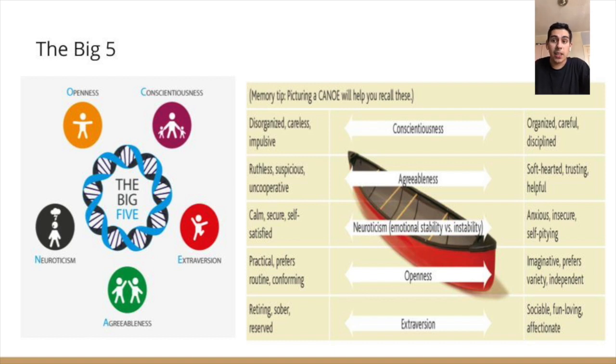Our personality factors are based on a scale of high, middle, or low. Conscientiousness: people who usually score higher in this tend to be more organized, very neat, disciplined, and they plan ahead. People who usually score lower on conscientiousness tend to procrastinate more. They dislike rules and structure. They're more disorganized, careless, and impulsive.